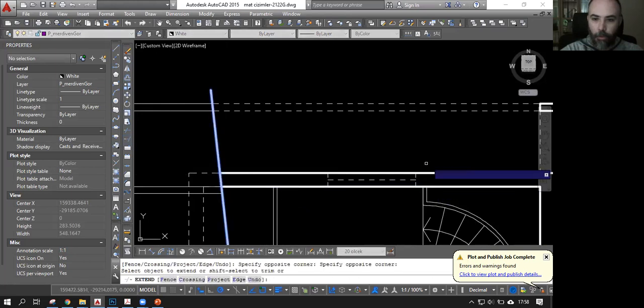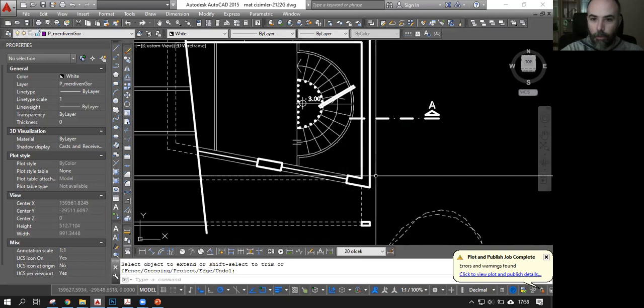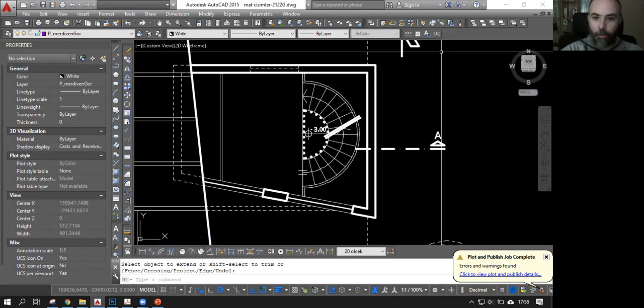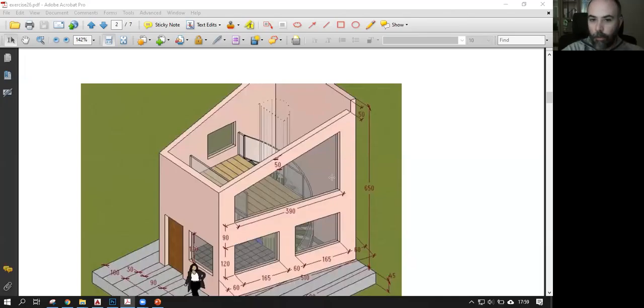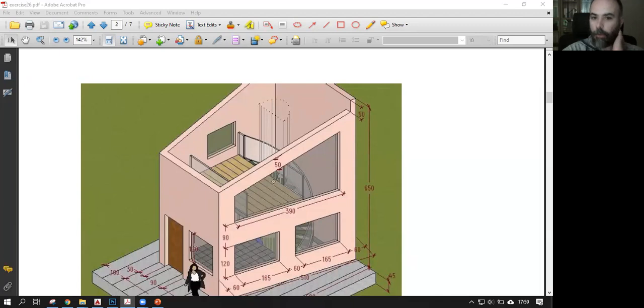We are going to cut through the wall here on the north direction. Again, here in the east direction, we are going to cut through the wall. And on the south facade, as you can see now, there is this large window. They have the exact same position where it starts and where it ends with the ground floor windows. So when we cut horizontally, we will be cutting through this window here, and the rest will be blocked by